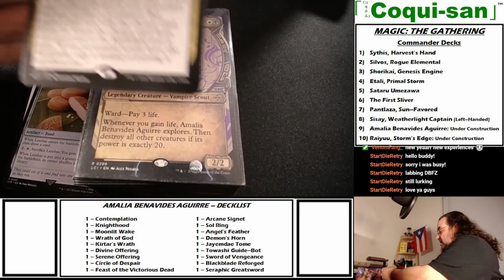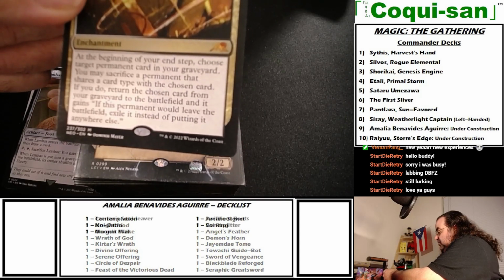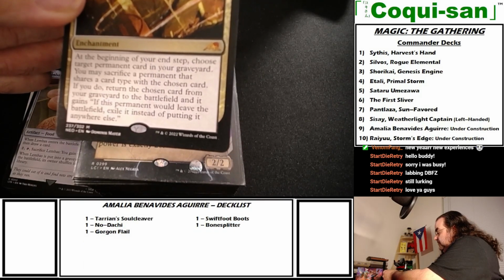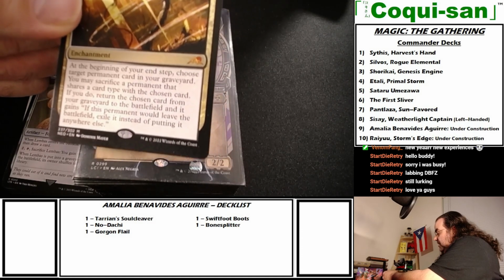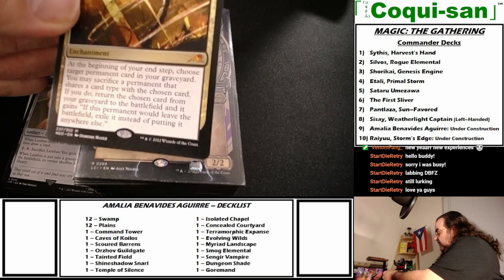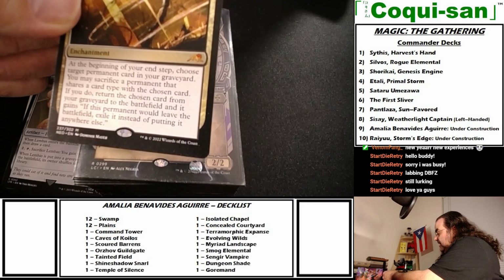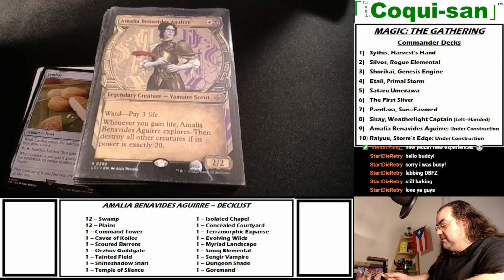This one I got, Spirit Sister's Call. At the beginning of your end step, choose target permanent card in your graveyard. You may sacrifice a permanent that shares a card type with the chosen card. If you do, return the chosen card from your graveyard to the battlefield, and it gains: if this permanent would leave the battlefield, exile it instead of putting it anywhere else. If I'm reading this correctly,